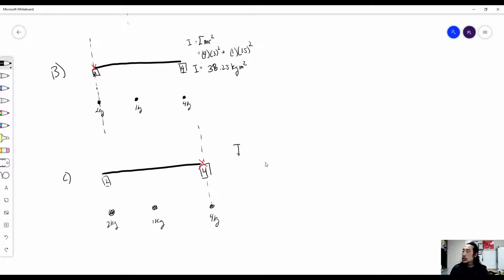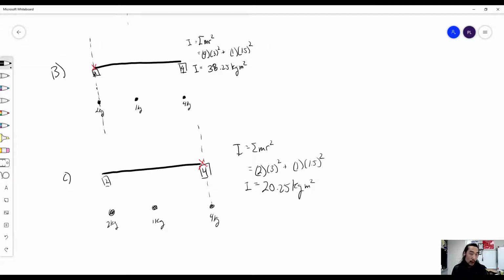Okay, but that's not going to actually have anything to do with the rotational inertia because it's at the origin. So if I were to come up with my formula, mr squared, it would be the 2 kilograms times the radius, which is 3 squared, plus the 1 kilogram object times 1.5 squared. And when we plug that into the calculator, we should get 20.25 kilograms meters squared. Okay, so that would be scenario C. So if I were to ask you, is it easier to rotate scenario C than scenario B? You would say yes, because scenario C has a rotational inertia of 20.25, whereas scenario B has a rotational inertia